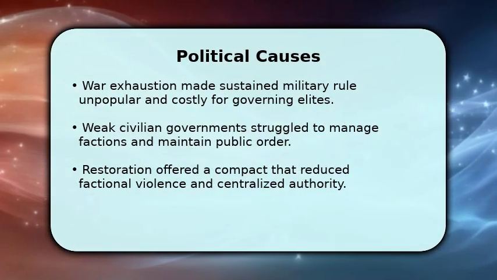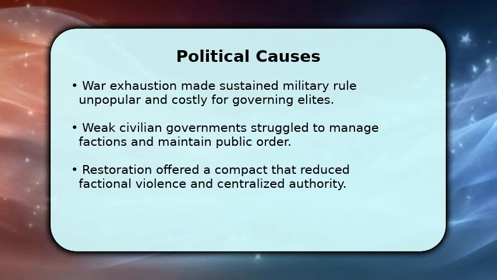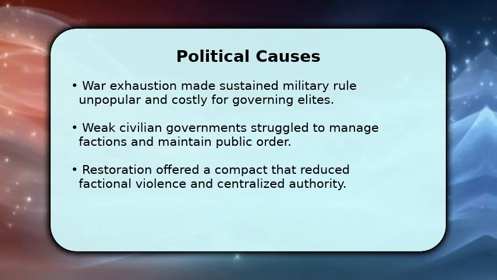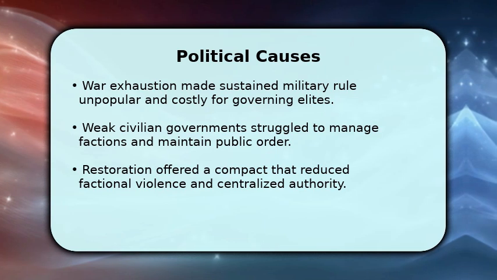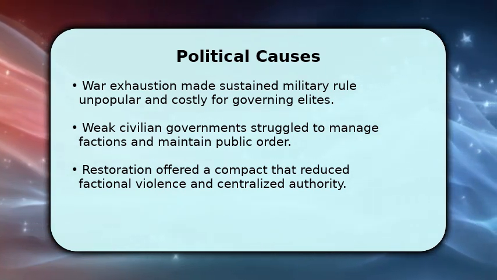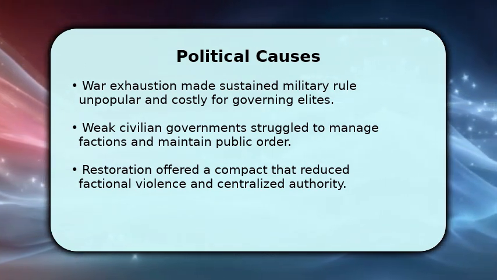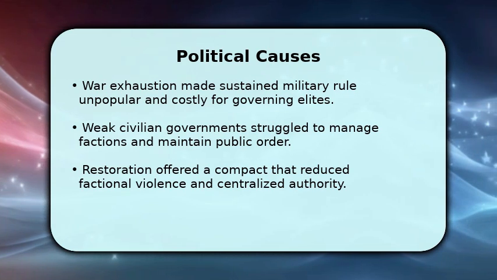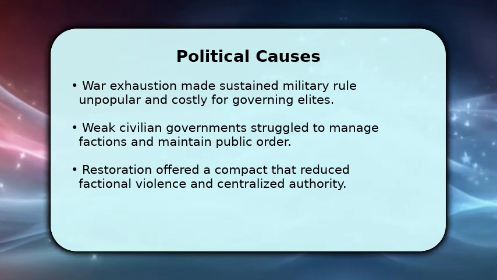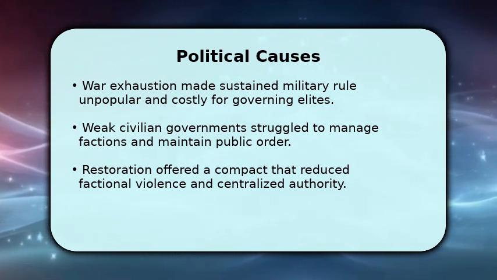The political case is straightforward and tells much of the story. After prolonged conflict and experimental governance, many leaders and ordinary people favored a single recognized authority to reduce violence and restore order. Military regimes lost legitimacy, while parliamentary experiments revealed instability. Influential negotiators brokered a settlement that returned a monarch, but constrained power through laws and expectations.